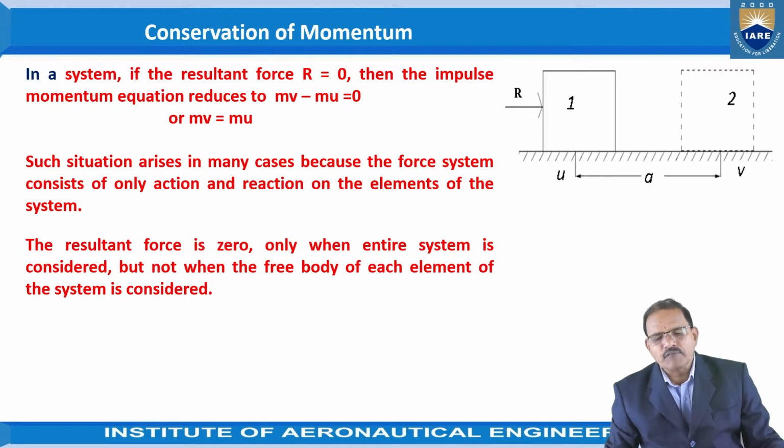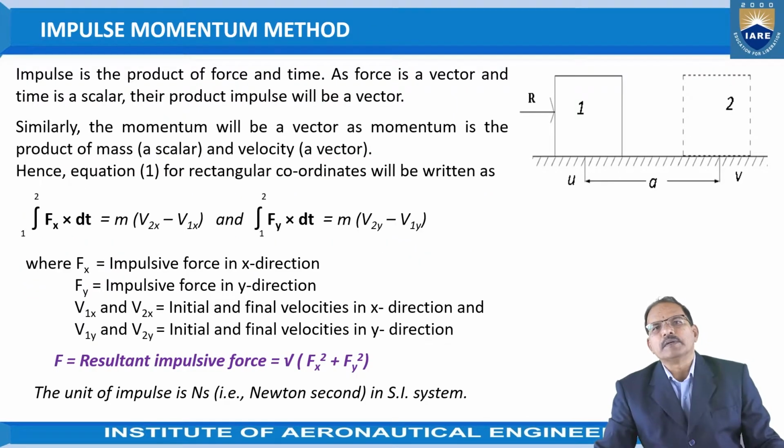That means if the resultant force is equal to 0, as I already told, the initial momentum possessed by the body should be equal to the final momentum. Now, the impulse-momentum method. Here, in the indirect method, in some collisions now,